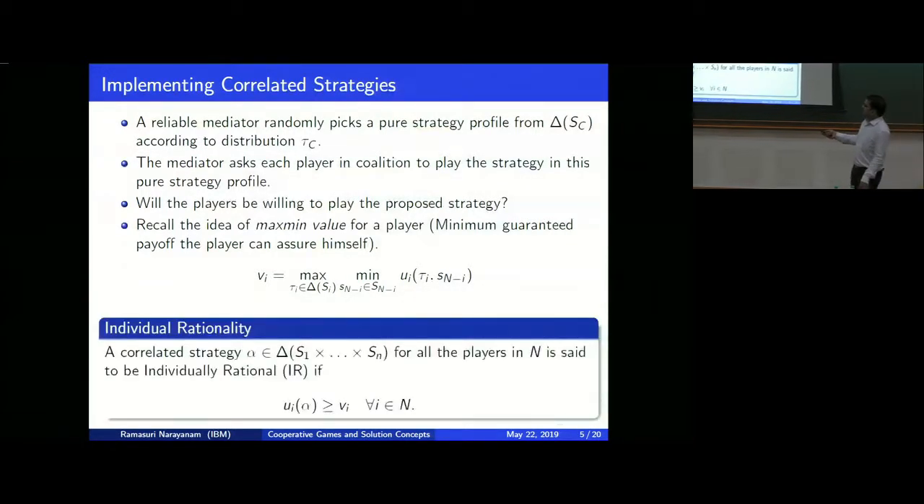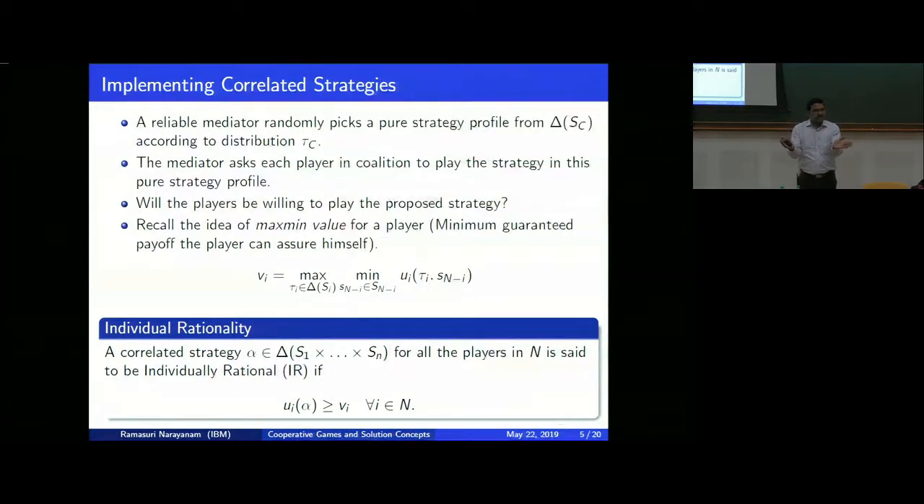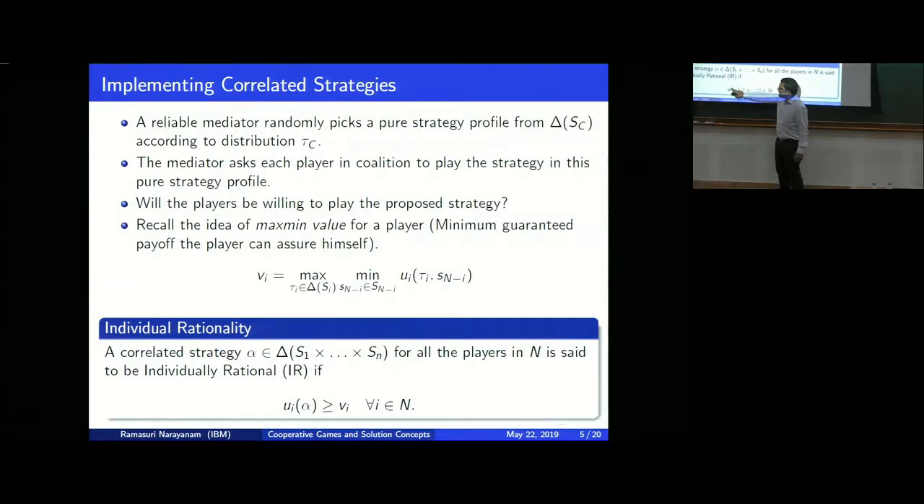Now we introduce a condition called individual rationality. A correlated strategy alpha. By definition, correlated strategies are defined over subsets, and that subset can be the entire grand coalition consisting of all the players. So a correlated strategy alpha, which is a probability distribution over the pure strategy profiles of all the players in the set N, is said to be individually rational if the utility to the ith player as per this correlated strategy is at least this max min payoff. So if this happens,